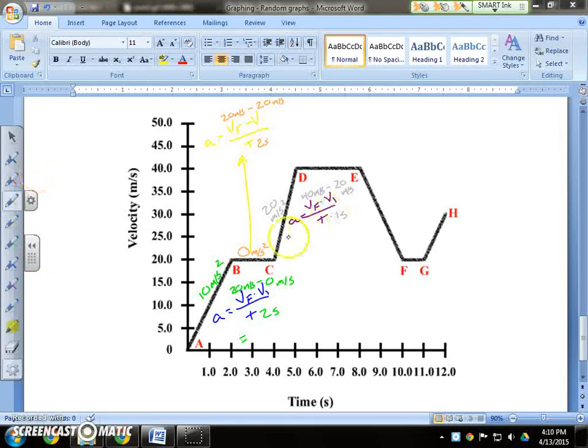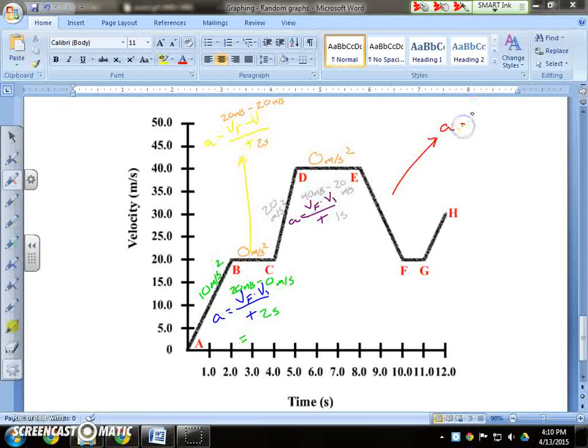Again, at this point, hopefully you've realized that if we've got a horizontal line, like we do from D to E, it's going to look exactly like B to C, 0 meters per second squared. We are not accelerating at all, although we're still moving. We're moving at a very impressive velocity of 20 meters per second, which is a pretty decent rate. Our next setup, from E to F,